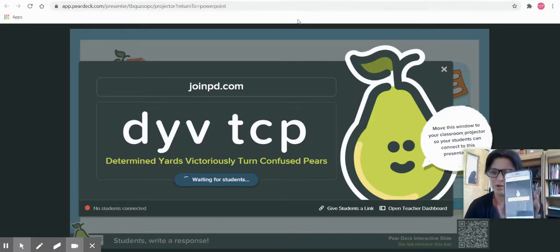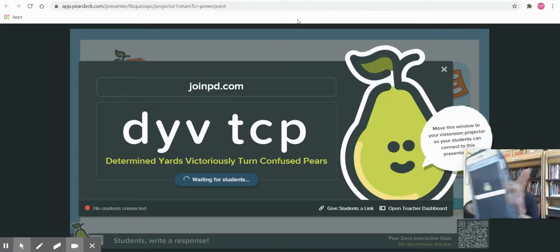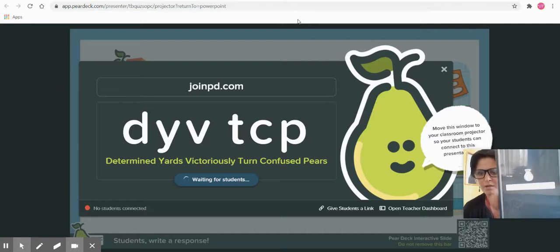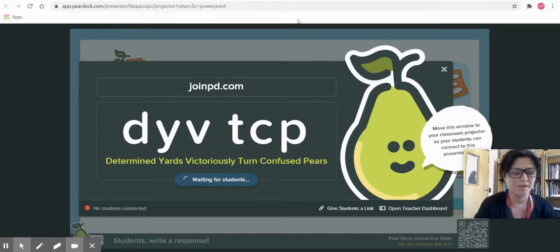So I've got my device here. This is what the students will see. I'm not sure how clear that is to you, but they essentially get a picture of a pear and a box to put the code in. That's it. So the code here is DYVTCP. So they will enter the code